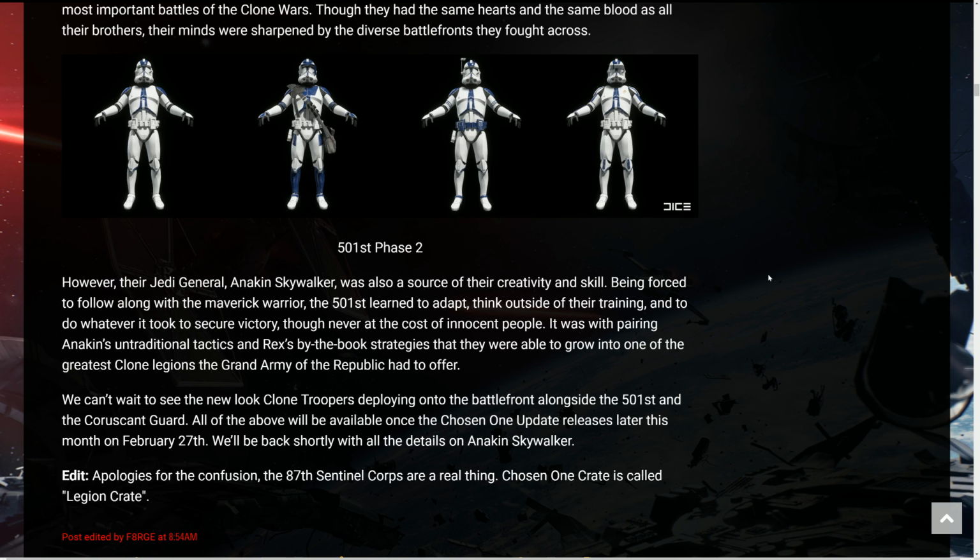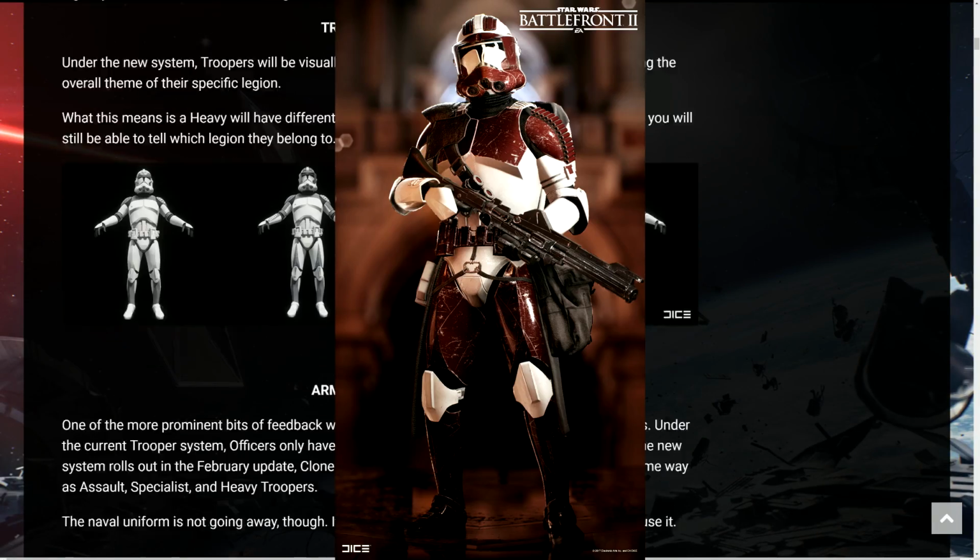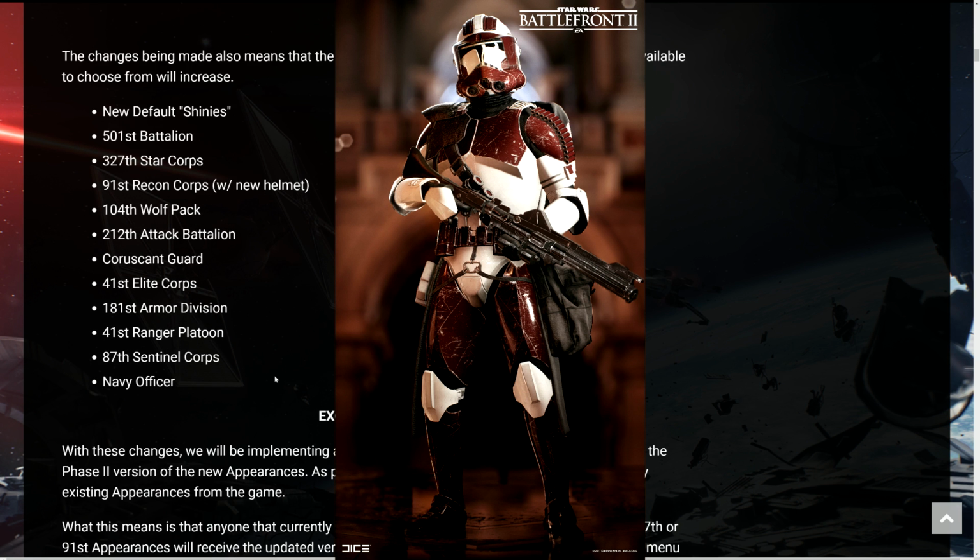So Anakin is done as well. And this is where they come in and say, apologies for the confusion. The 87th Sentinel Corps are a real thing. Chosen One crate is called Legion Crate. So I believe DICE was given the opportunity to make 2 Legions. So I'm not sure if it's... I believe it's what they were able to do was the